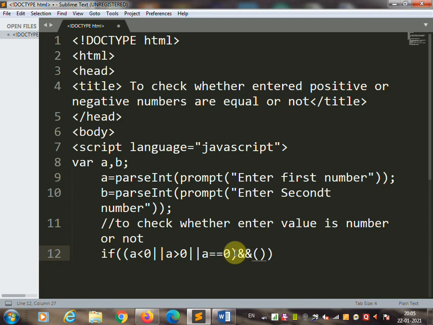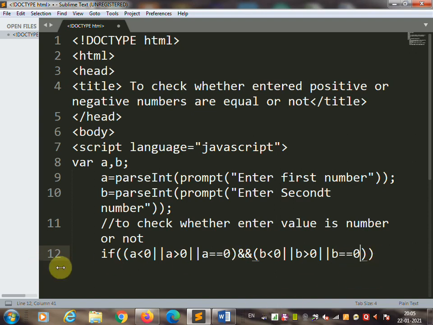and the second number, that is b, less than 0 or b greater than 0 or b equal to 0.